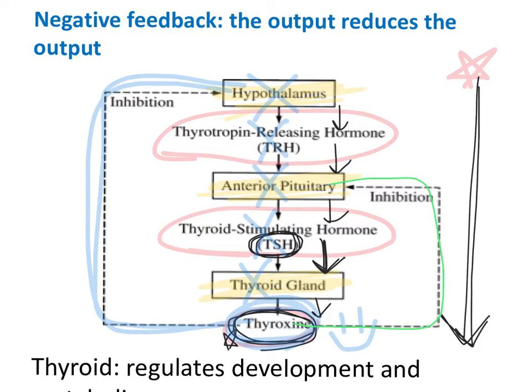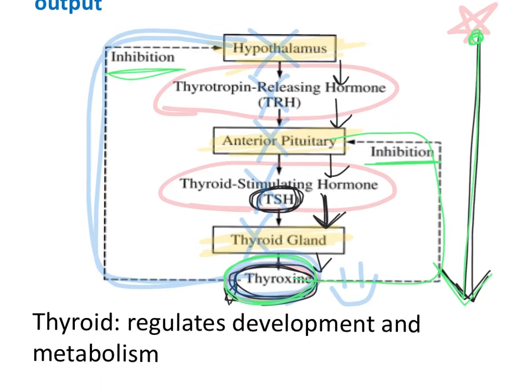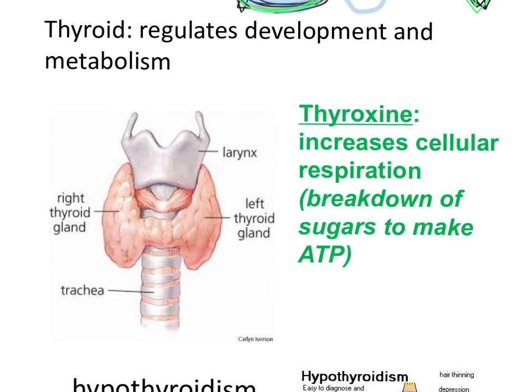So in all of these diagrams, which you could be given a huge variety of them, once the pathway begins, it goes to completion. The end product is the only one that can shut off, which is inhibit or turn off. The end product is the only one that can stop the pathway. Thyroxine controls cellular respiration. You don't need to memorize the function of individual hormones, but this just kind of gives you a little background information.